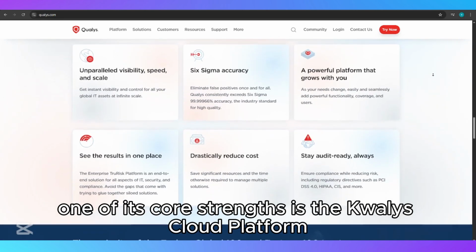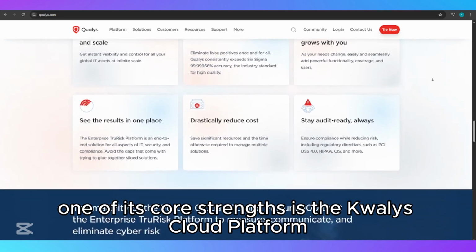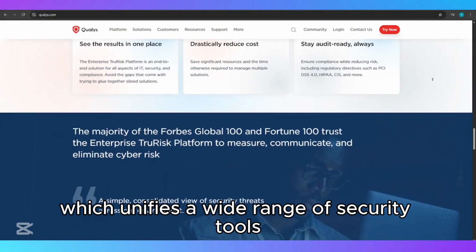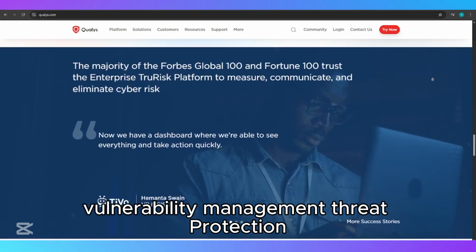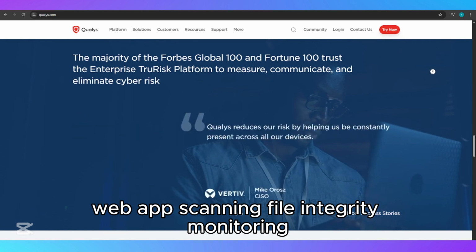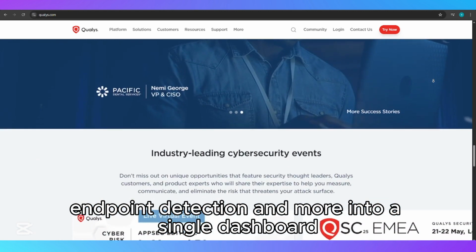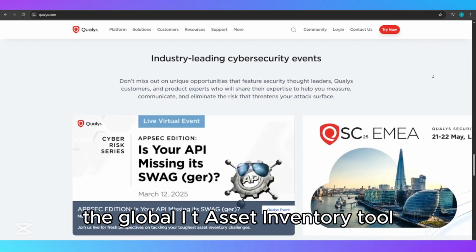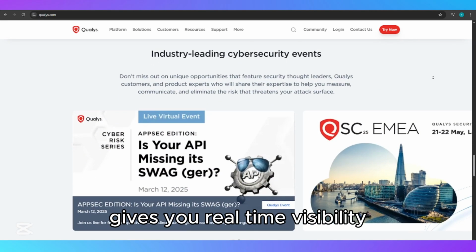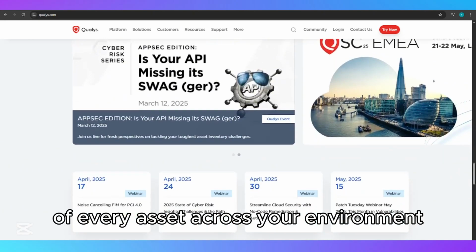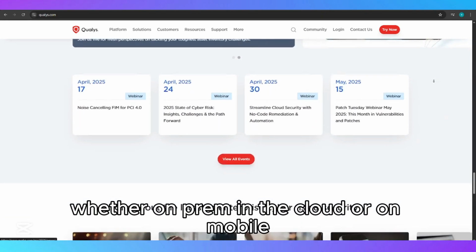One of its core strengths is the Qualys Cloud Platform, which unifies a wide range of security tools, vulnerability management, threat protection, web app scanning, file integrity monitoring, endpoint detection, and more, into a single dashboard. The Global IT Asset Inventory tool gives you real-time visibility of every asset across your environment, whether on-prem, in the